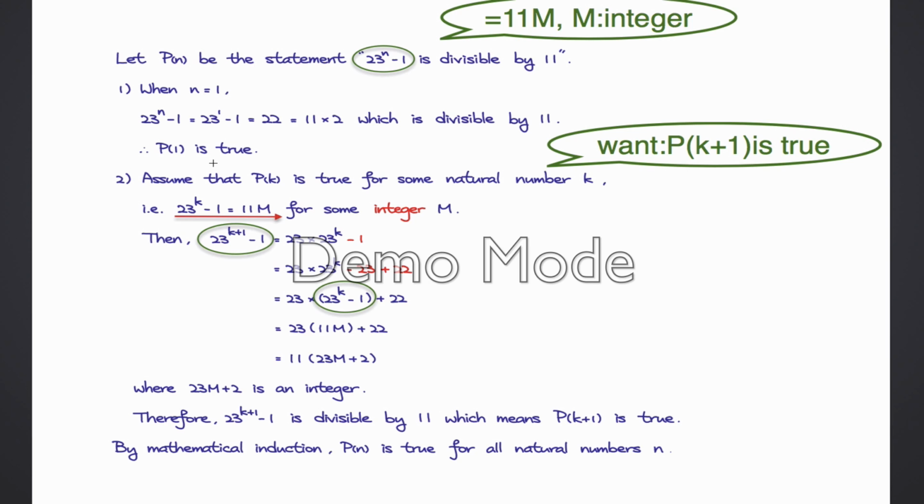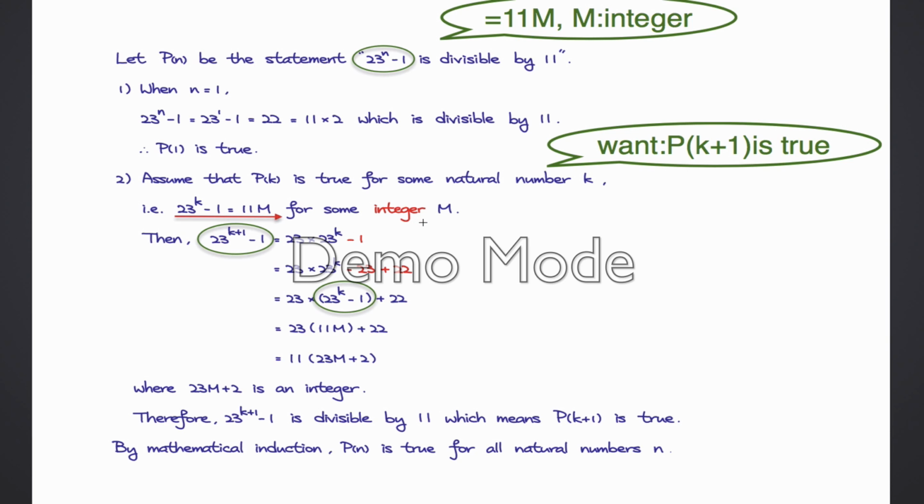P1 is true. The second step of mathematical induction is to assume Pk is true for some natural number k, and we want to prove Pk plus 1 is true. When we assume Pk is true, we just rewrite that equation and plug k into that. That is 23^k minus 1 is equal to 11 times n for some